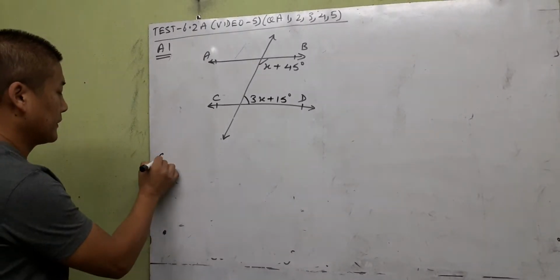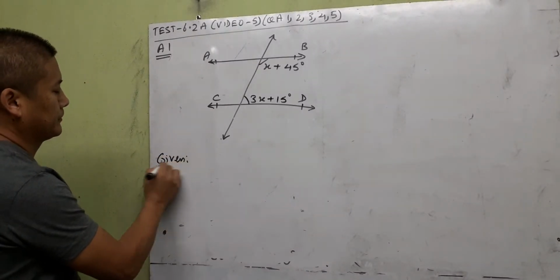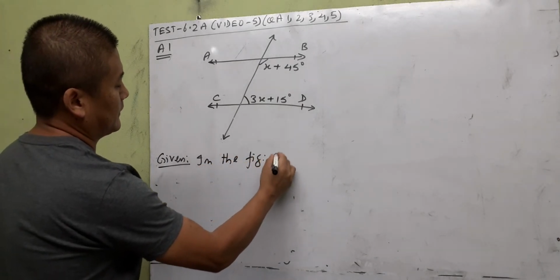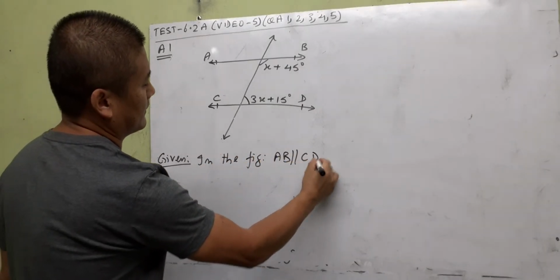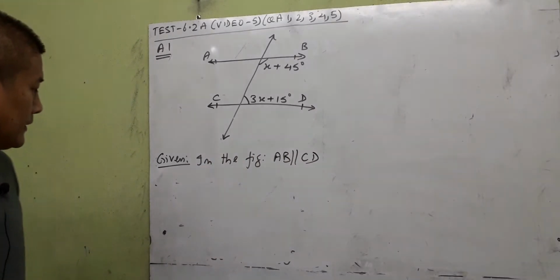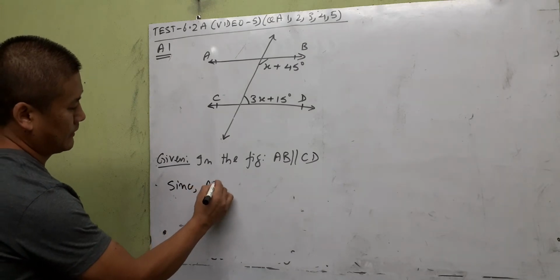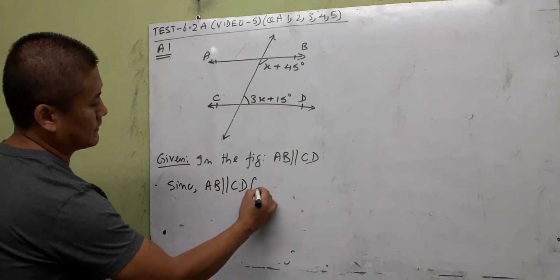So write down given in the figure. Given is AB is parallel to CD. That much only is given. So let us start. Since it's given AB is parallel to CD as given in the question,